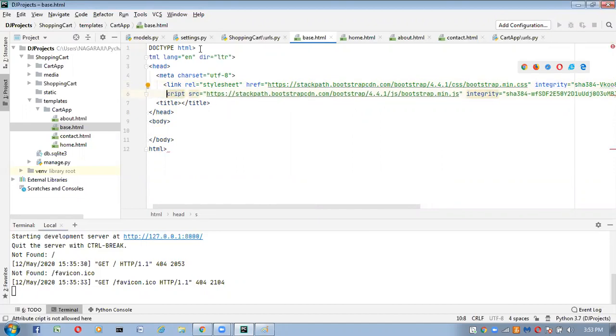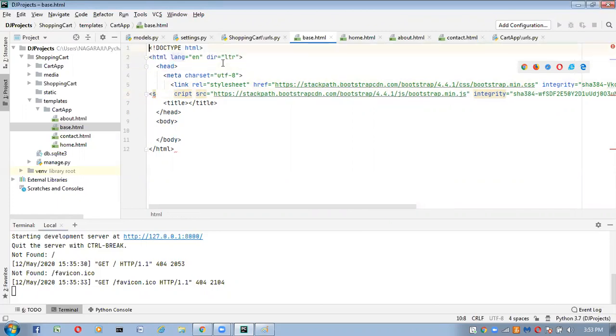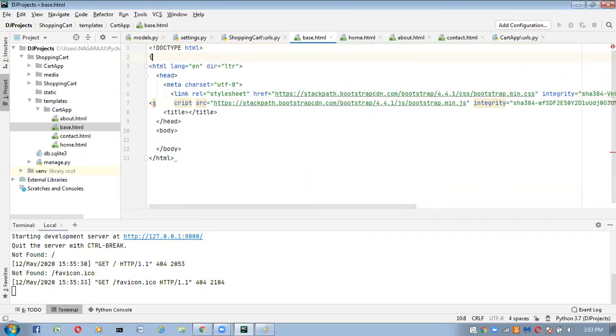If you want to use any static files, here we have to take load static. Percentage load static we have to take like this. Save this one. Next, here we have to take the Bootstrap pattern.